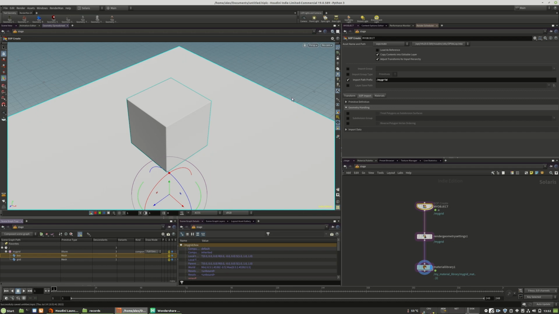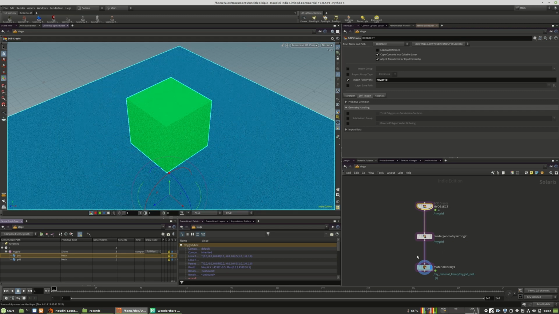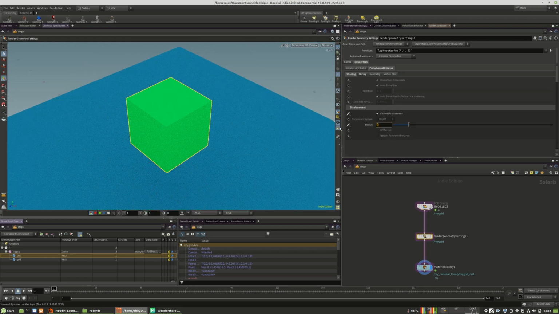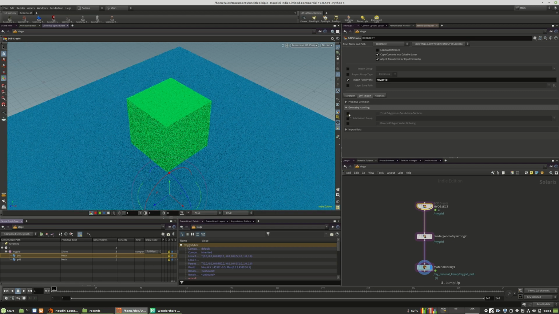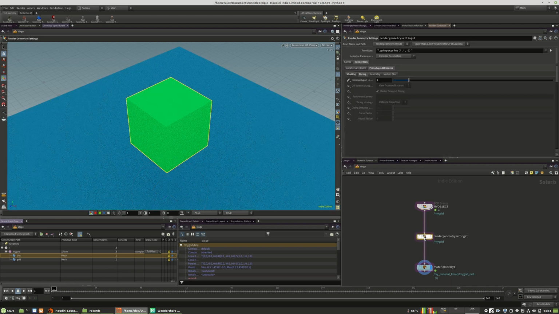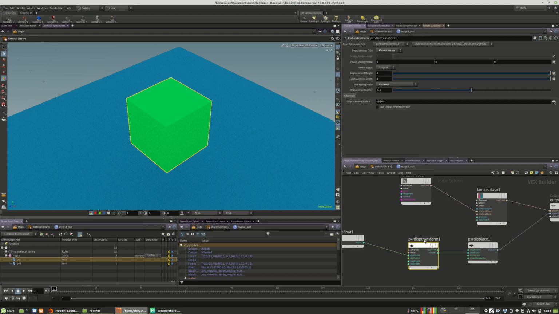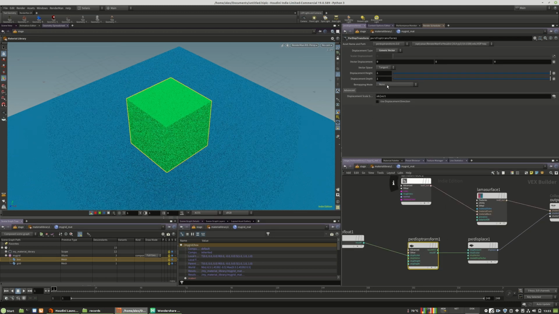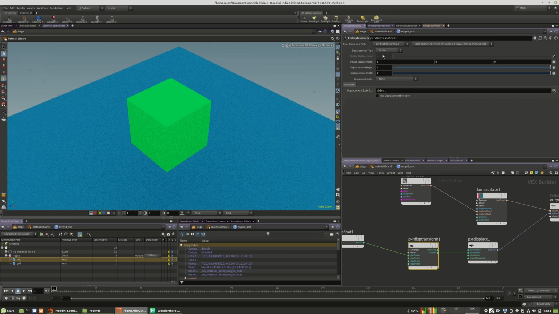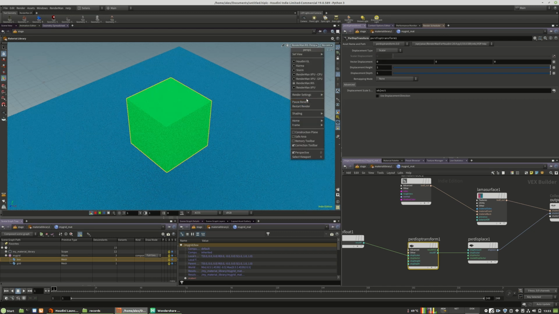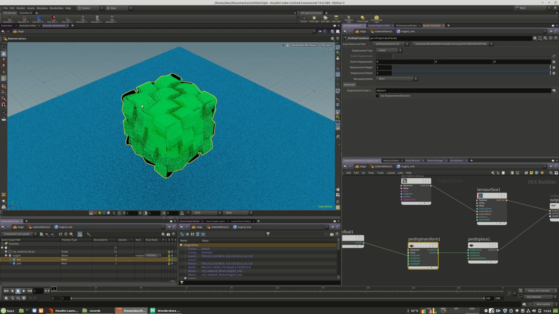And when everything is working nicely now, it should have some form of displacement. But as you can see, it's not working right now. My bad. I changed the shader. This was my fault. We have no vector displacements. And now it is